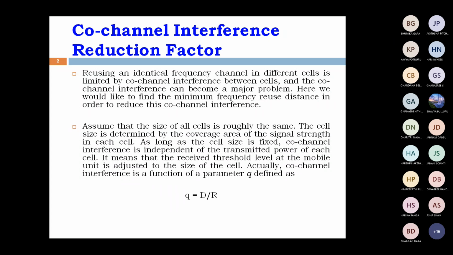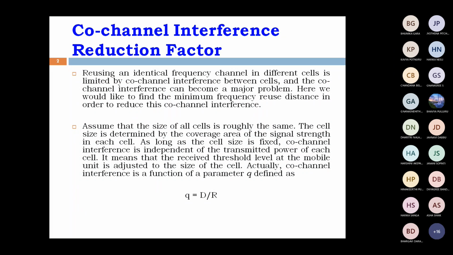How does co-channel interference occur for these cells? It depends upon the frequency reuse distance. That is, when the minimum distance available is less, we get co-channel interference. Otherwise, both transmitter and receiver are in the same set of frequency. Both transmitter and receiver are available in co-channels. At that time, we are getting co-channel interference. That is, both the transmitting section and receiving section use the same frequency. Then automatically we get co-channel interference.